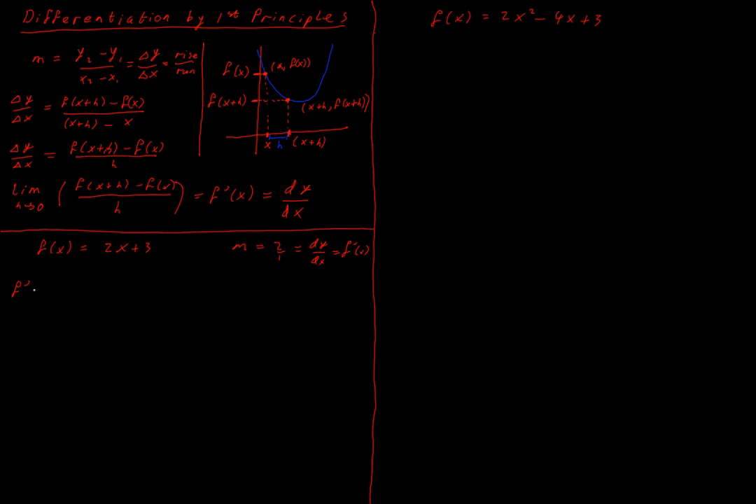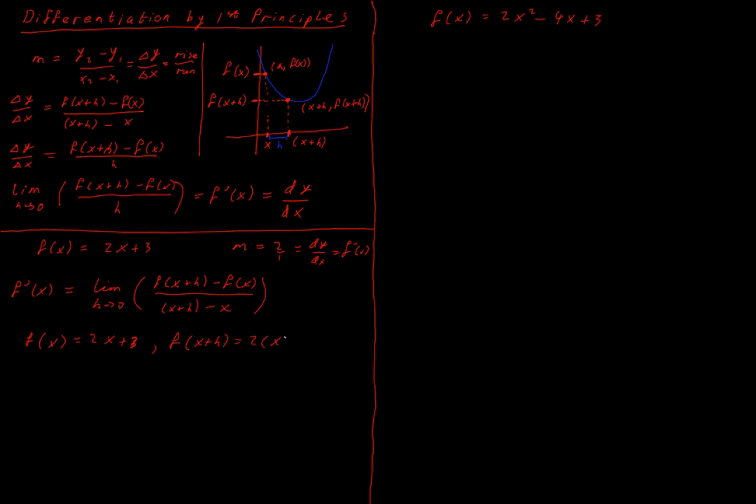So f dash x is going to be the limit as h tends to 0 of my slope function. Now this gets very messy because there's a big complicated fraction going on. So what I recommend you do is write down the different parts of this and simplify it a little bit before you sub it into your equation. So f of x is just 2x plus 3. F of x plus h